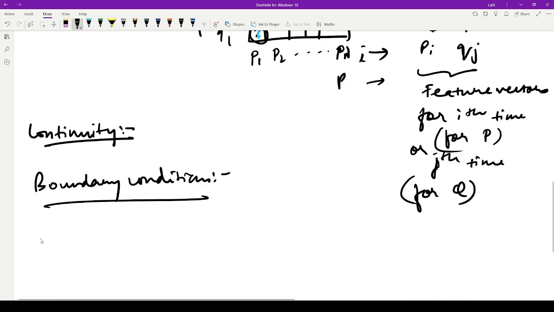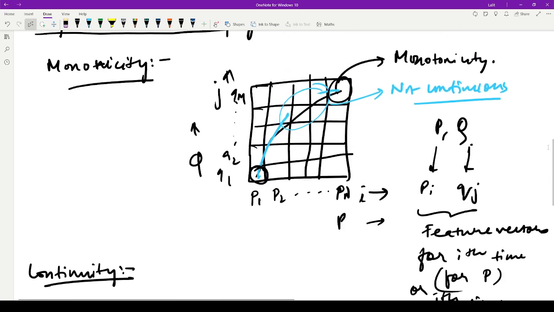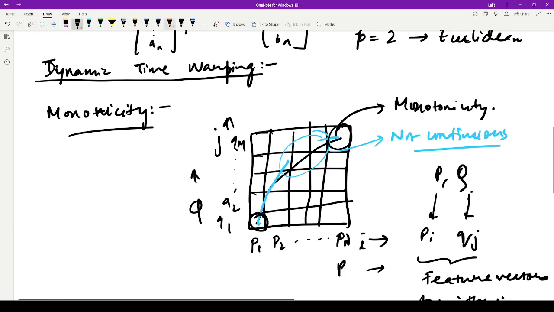Okay. And after that you have a warping window as well, because you can get weird mapping sometimes like this. You can trace this kind of path, but this path is of course not so useful. It doesn't really give us information about how the